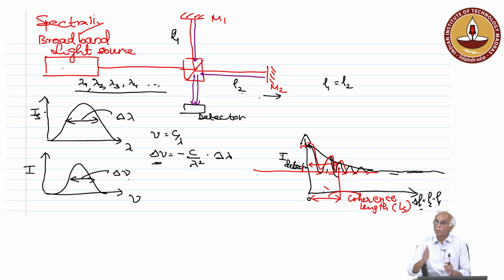Beyond that, you will not see any intensity variation, even though the path length is changing. In the previous case, as the path length changes, you will keep on observing intensity variation with a laser beam. But in this case, up to a certain extent you will see the path length difference indirectly through intensity variation at the detector end, but then it ceases to change. Intensity will remain constant after this. So, this length, the coherence length,